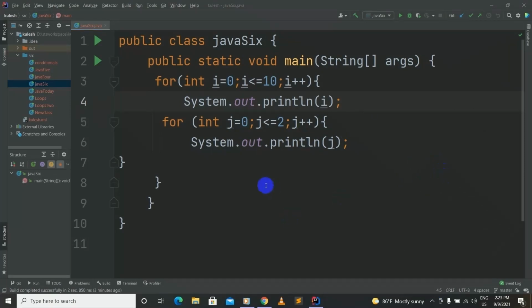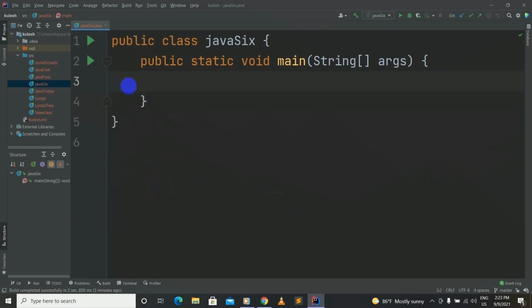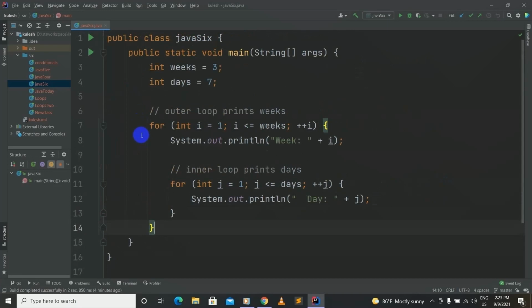Now we'll have another example for a nested for loop in Java, which I will explain to you. First remove this code and let's paste it. Now in this block of code we have two ints, one for weeks which is equal to 3 and one for days which is equal to 7. And we have a for loop where int i equals 1 is initialized, and then i is checked if i is less than or equal to weeks, and where i gets